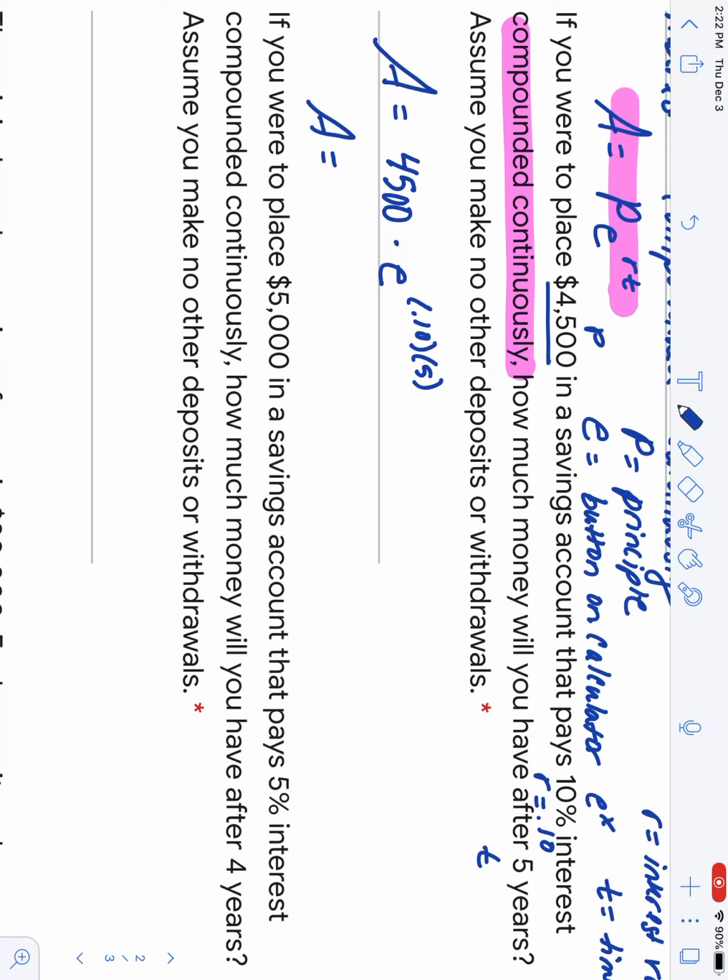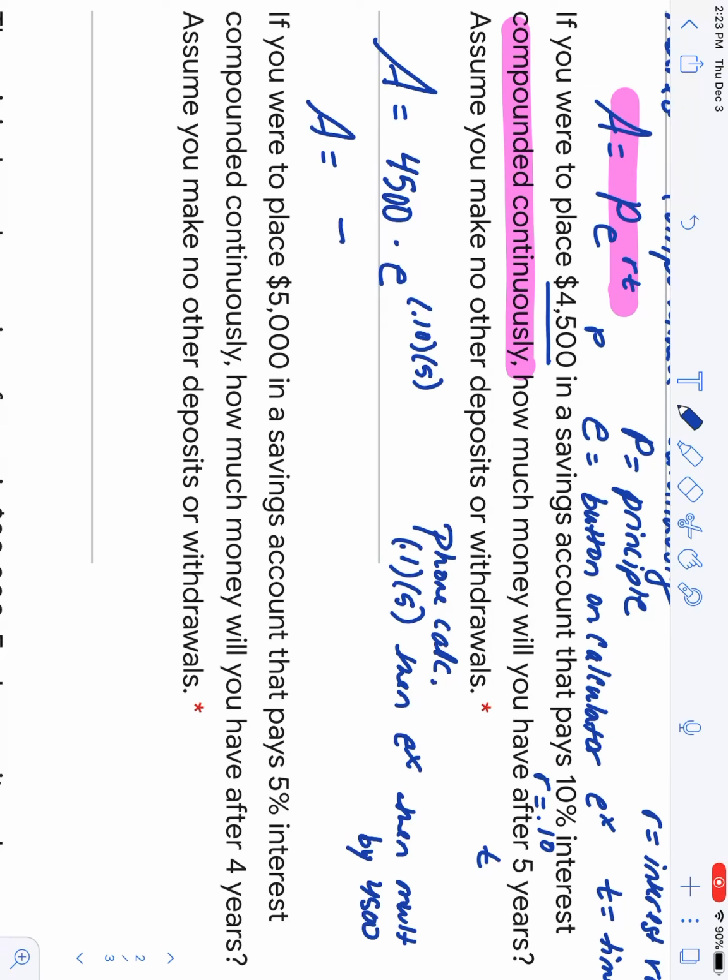Now, if you're using your phone calculator, you're going to first do 0.1 times 5. Then you're going to hit the e to the x button. And then you're going to multiply that by 4,500. And once you do, your answer is going to be